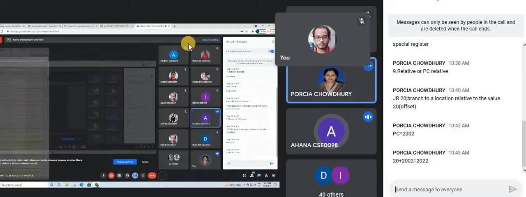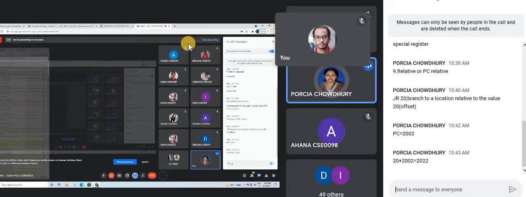Okay. Now the next one, we will go to the next one. Tomorrow I will show you one numerical example. You can do one thing: you can study the addressing modes today. If possible, I know that all the exams are going on, so if possible, give 10 minutes, study the different types of addressing modes. And if you feel that you have any problem, we can again discuss this tomorrow. So let's finish this part today. If you got 5 to 10 minutes, just go through the addressing modes and tell me what are your doubts tomorrow. That one thing we can do.